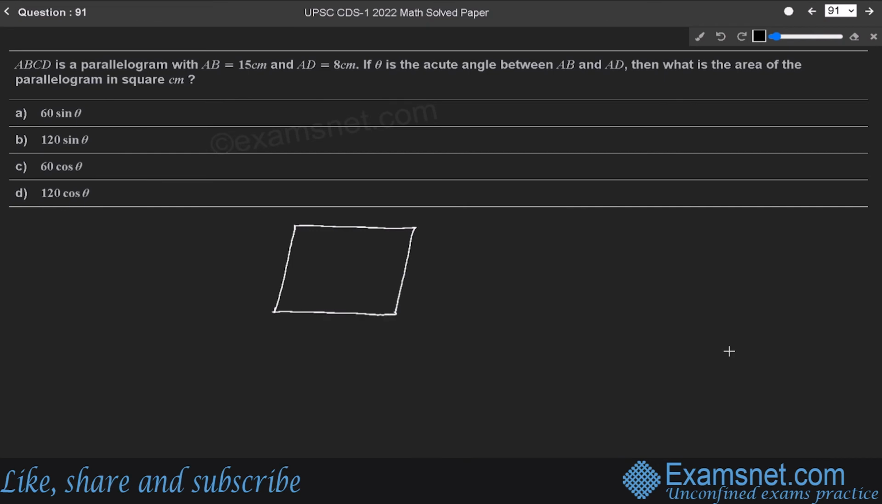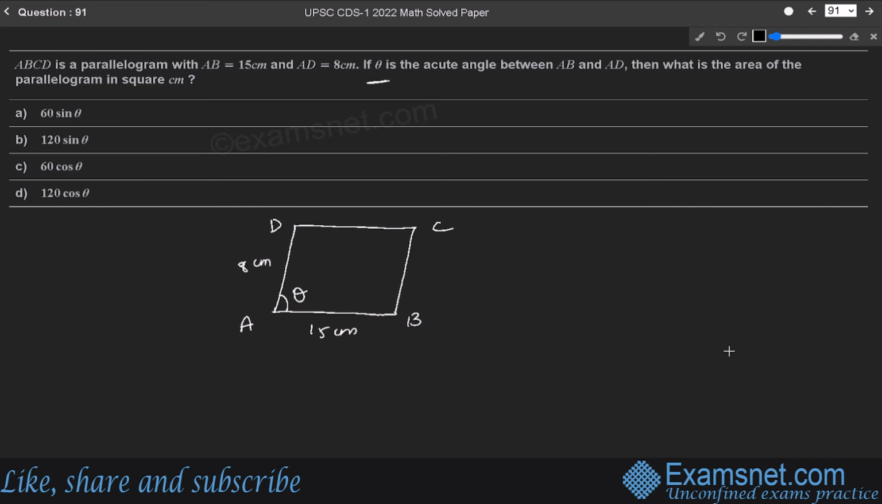and let us name it A, B, C and D. According to the question, AB is 15 centimeter and AD is 8 centimeter, and theta is the acute angle between AB and AD. So this will be the acute angle between AB and AD, which is theta. I hope this diagram is clear to you. Now,